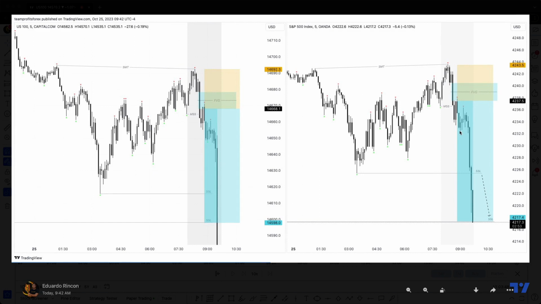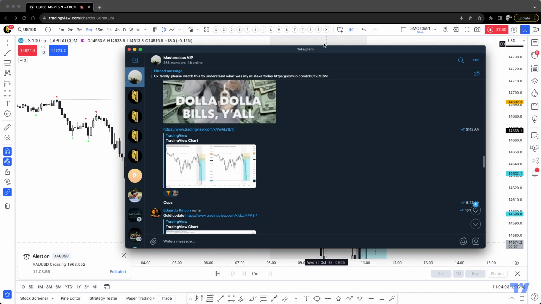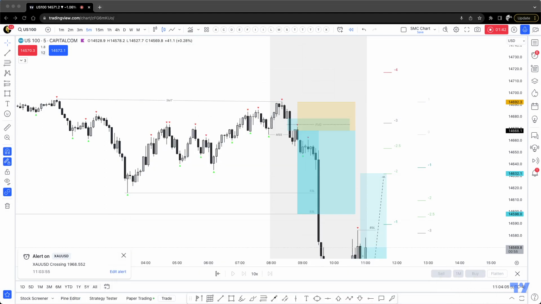I spotted SMT divergence on S&P. S&P was actually sweeping a previous high. This high right here was this high right here. So you see that Nasdaq did not sweep the high, S&P did. Okay, so